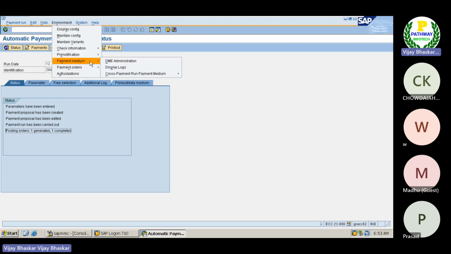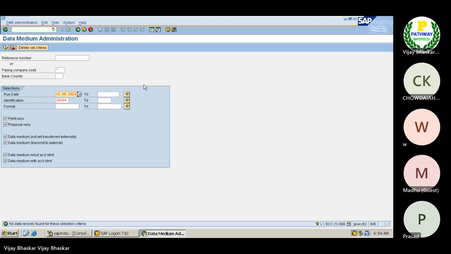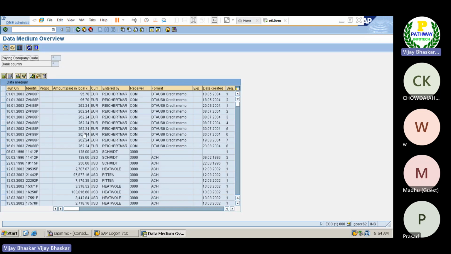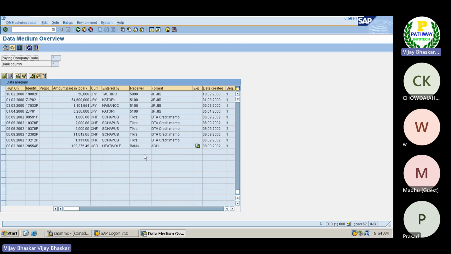Okay, let me go to the payment medium. Here you just come here, environment, payment medium, click on DMU administration, just to remove this one, because the format which I have used is a different one, just to remove that one, execute here. Okay, now you can see here, there are a number of payment advices there. Now, if you come down, the last session I have downloaded this one. See now,